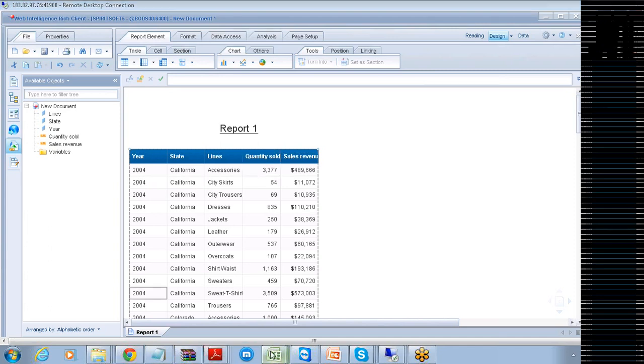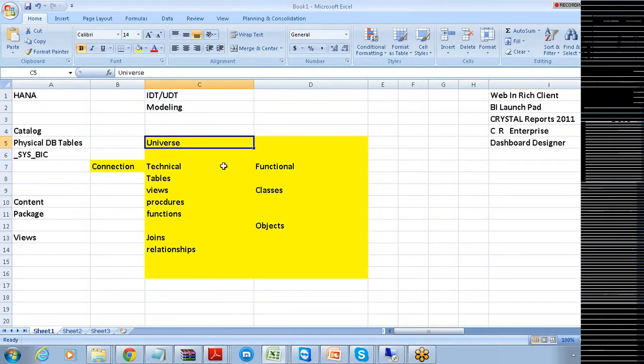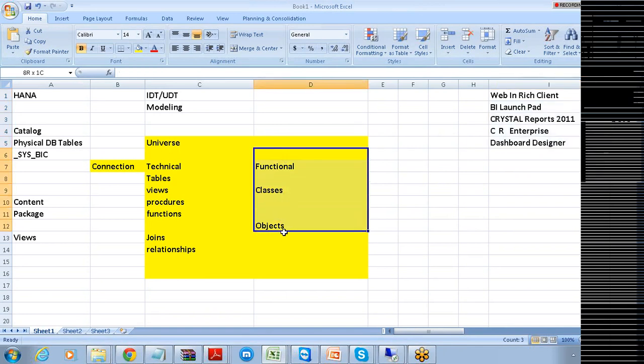Okay, so now you have seen, right? When you open this one, you can see this is the universe. For the reporting part, for all these tools, what is displayed is only the function layer. So what is there in the function layer? You have classes, and the second thing is objects. How many types of objects are there?